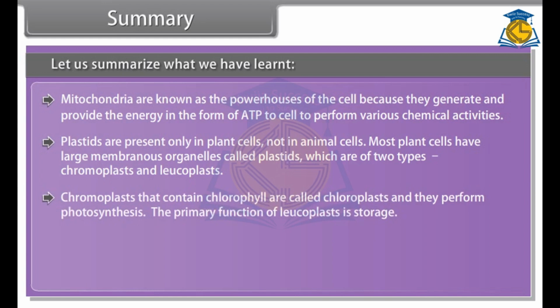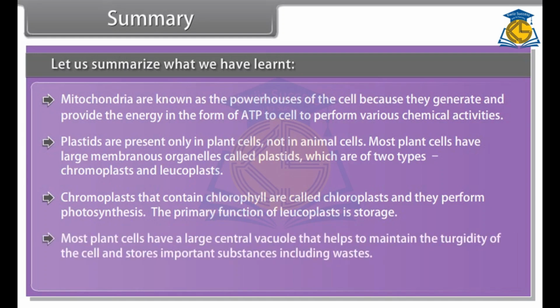Chromoplasts that contain chlorophyll are called chloroplasts, and they perform photosynthesis. The primary function of leucoplasts is storage. Most plant cells have a large central vacuole that helps to maintain the turgidity of the cell and stores important